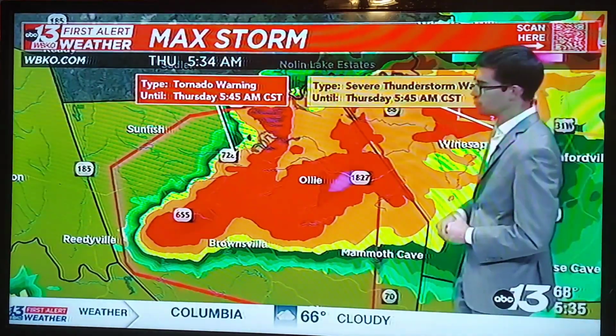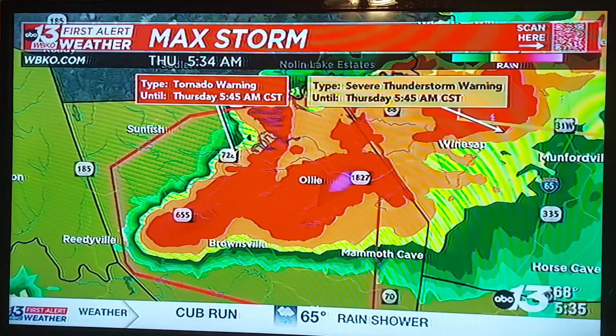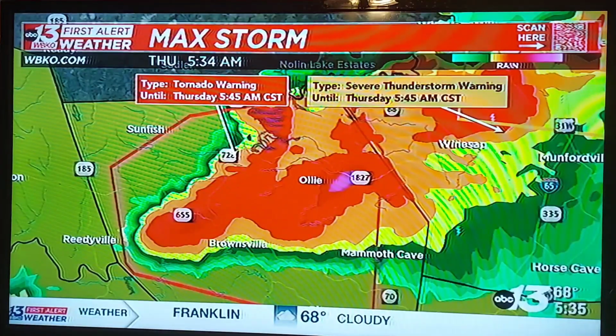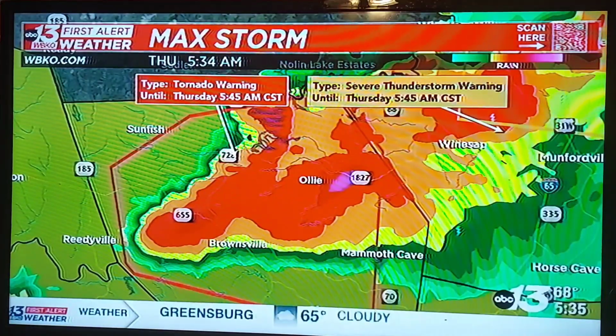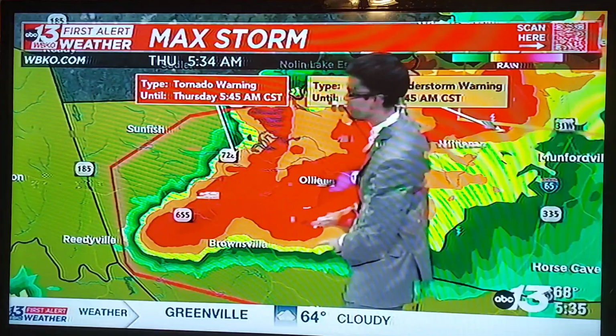And if you are maybe traveling north on I-65, you can see that we've got some very heavy rainfall, and we certainly have the possibility that maybe a tornado warning gets extended. If it would be extended, it would likely be extended out towards the I-65 corridor. But for now, this warning will just continue for the next 10 minutes. Again, if you're in Brownsville, if you're in the community of Pig, Mammoth Cave National Park, if you're anywhere around Mammoth Cave, Edmonson County, you want to seek shelter as this storm continues to race off to the east,